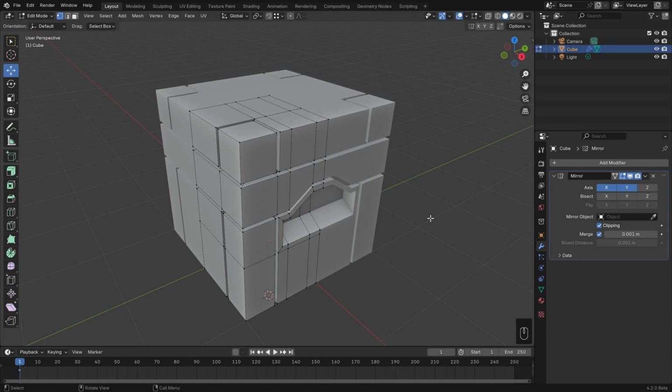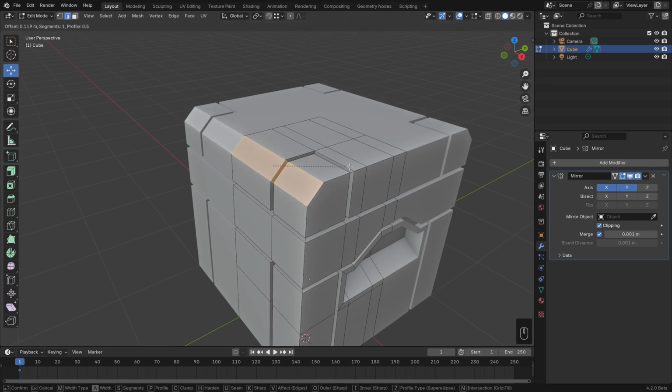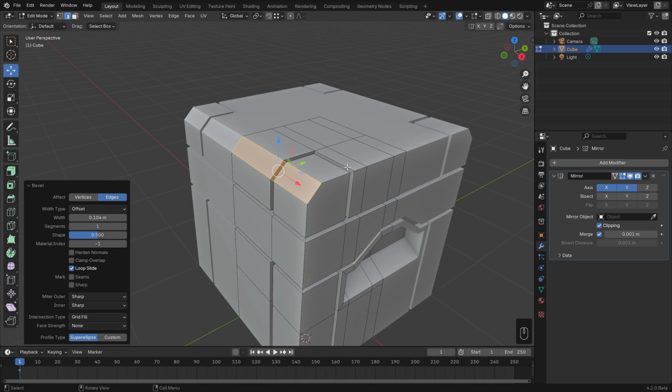I'll do that all the way along the top front edge by going to Edge Select Mode and Alt left clicking to select that edge loop. Then to bevel it, I just need to hit Ctrl B and move my mouse away from the center of the operation. I'll make a smaller bevel at first at about 0.1 meters, which is going to be the bevel for the cubes on the corners,